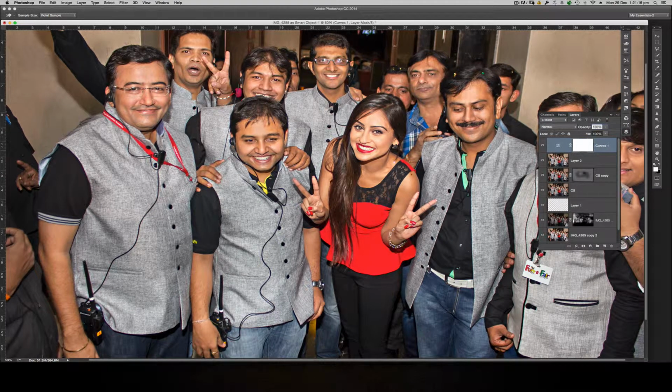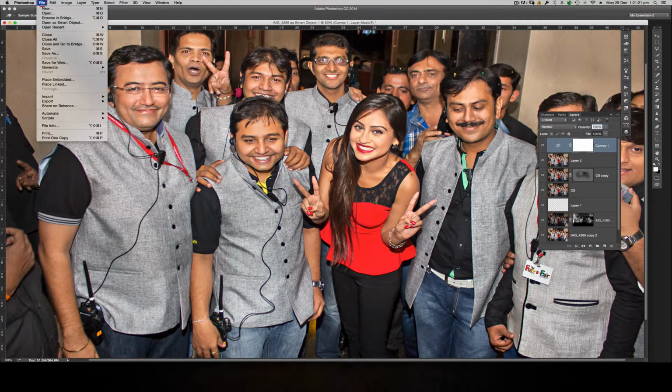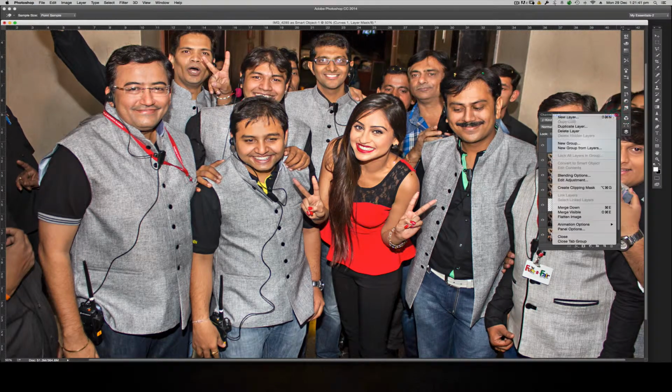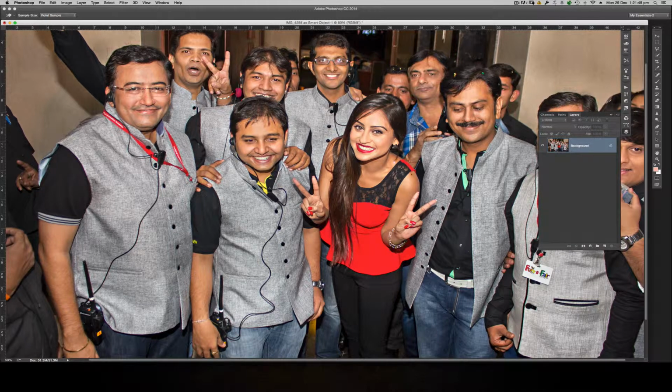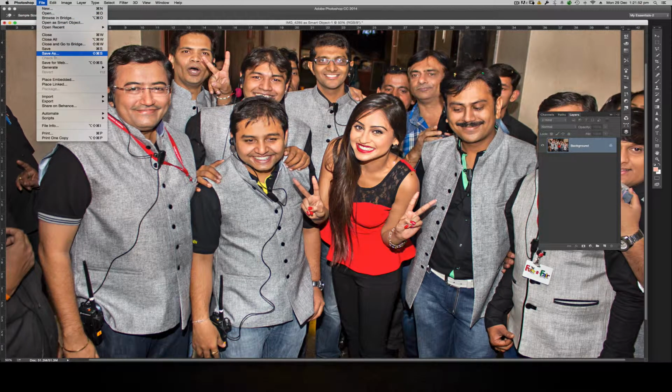Now you can save the image as a PSD. Go to File and then click Save As, and then save the image by giving a different name, because otherwise you'll be saving on the original image. Once you do that, you then click here on this little triangle and then flatten the image. Okay, and then again go to File, Save As, and then give a different name again,